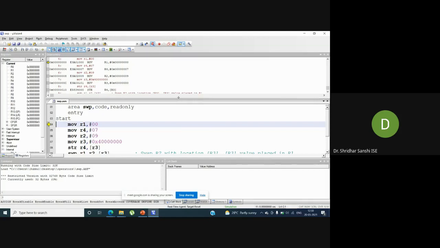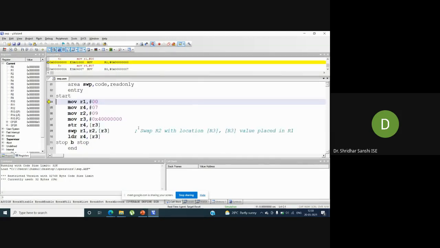The content of this memory location has to move to R1, and the content of R2 should be moved to this particular memory location. That is what the swap operation does. So swap R2 with location R3. The content of R2 will be moved to the memory location, and the memory location content will be moved to register R1.